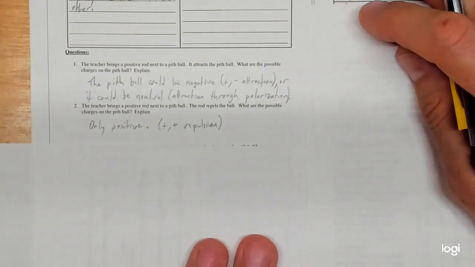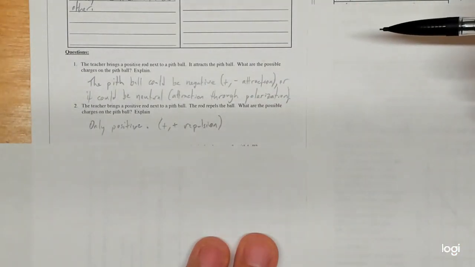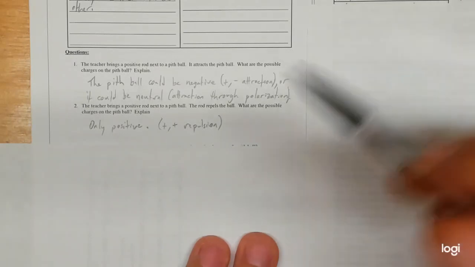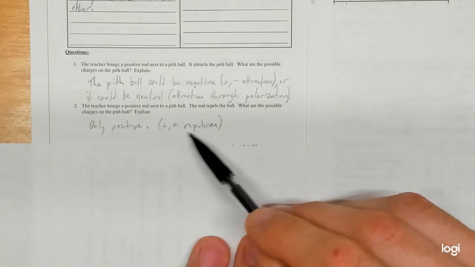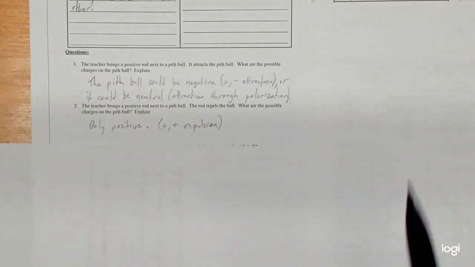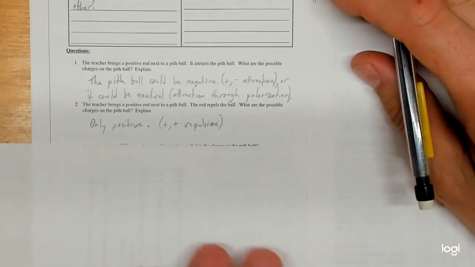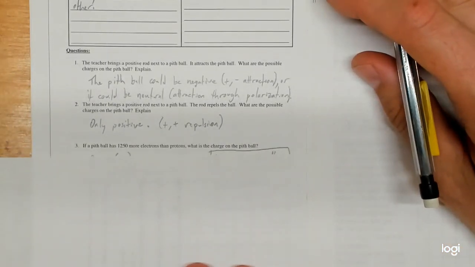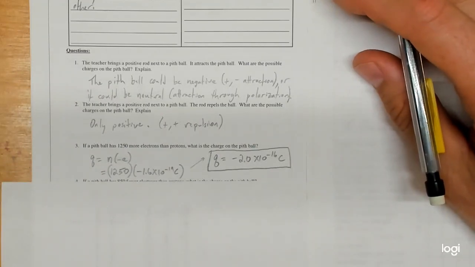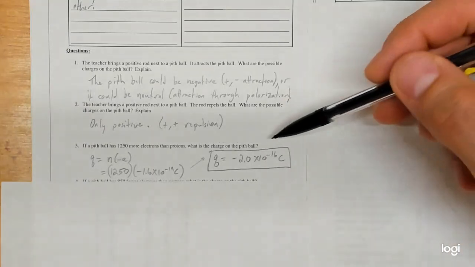The only possibility is that the pith ball is positive. And the reason why is you can only have positive repulsion. You cannot have charge polarization and then repulsion. Charge polarization always results in an attraction. Okay? Next question. If a pith ball has 1,250 more electrons than protons, what is the charge on the pith